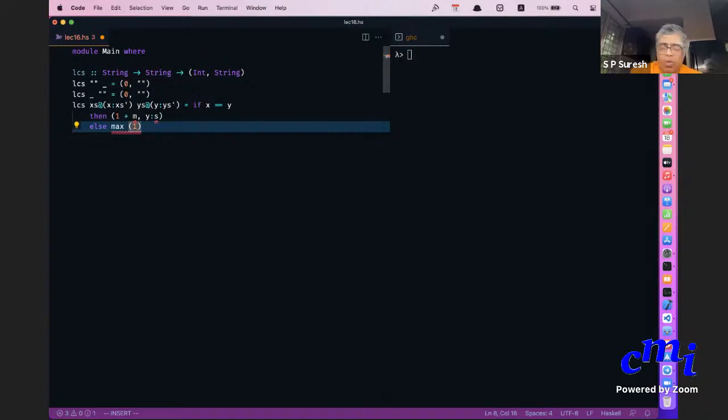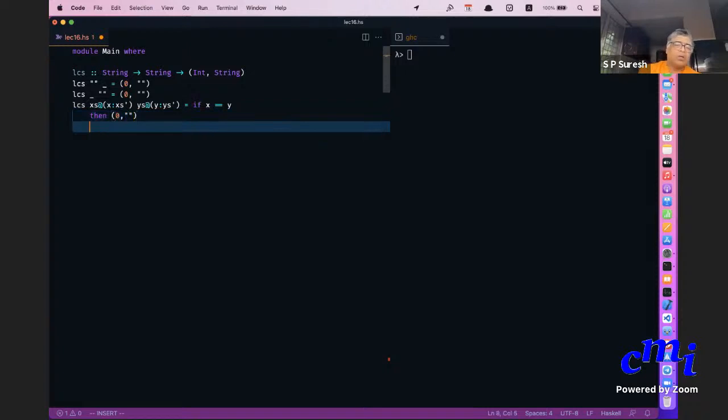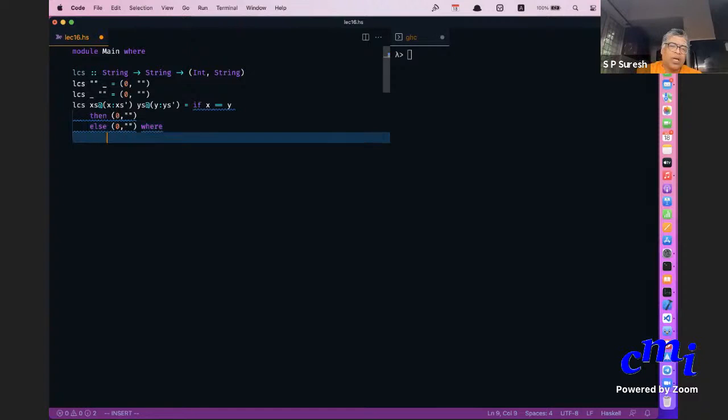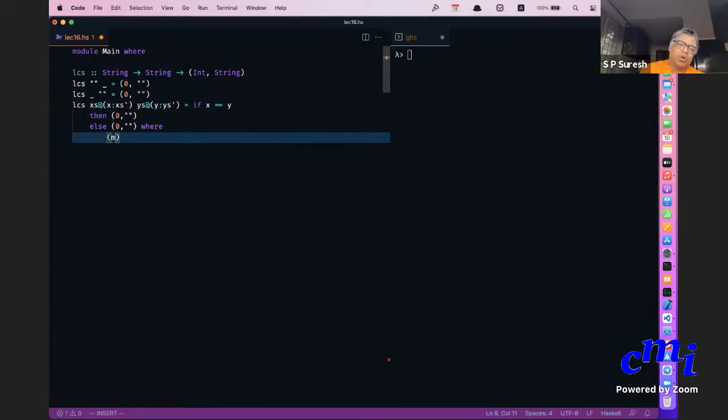Let me just put a placeholder, if then something else something, and then 0 comma empty string. This is not the actual result. I'm just writing this so that I can complete what I want to say and then come back and fill it. You want to do the recursive subcomputations, and the recursive subcomputations are all now pairs. So you will say m prime s prime is, I don't know what you want to call it.